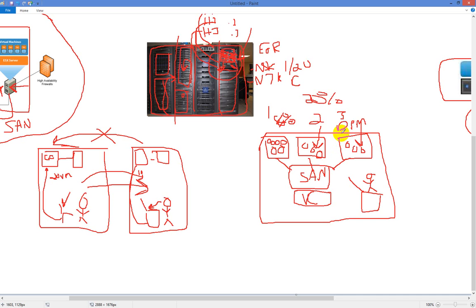So, distributed power management, what that allows you to do is, let's say, for instance, it's the end of the night, say 8 or 9 o'clock at night, and all your web traffic has settled down to very, very minimal usage, and now you went from 80% down to 10%. Now you've got all these hosts, all these virtual machines just sitting on your host, not doing anything. Well, you could rely on DRS to move them to another host, but that's not actually solving the problem. That's just moving the issue. You're not attacking the root cause, you're attacking a symptom. The symptom is it's not being used. It's taking up memory, it's taking up CPU, it's taking up power. So, what could you do about that?